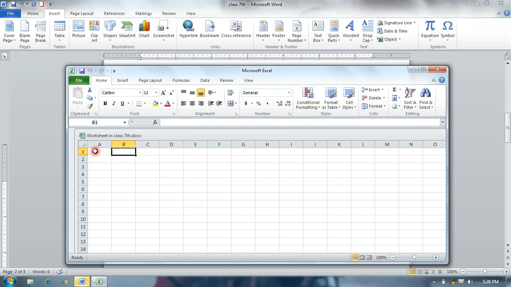These are cells, these are columns, and these are rows. So you can click on cells and type any of your data.